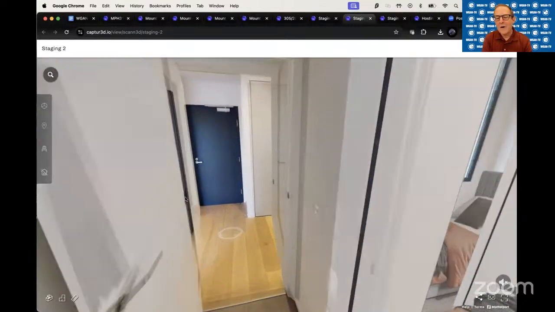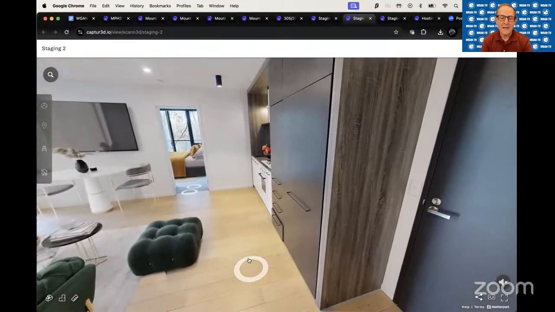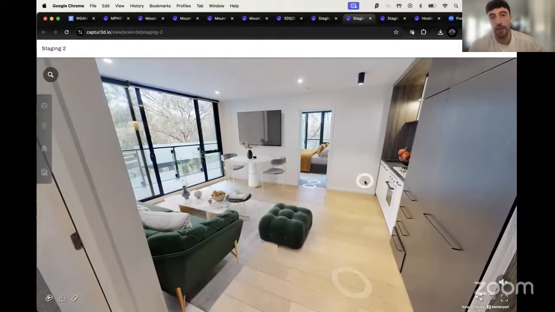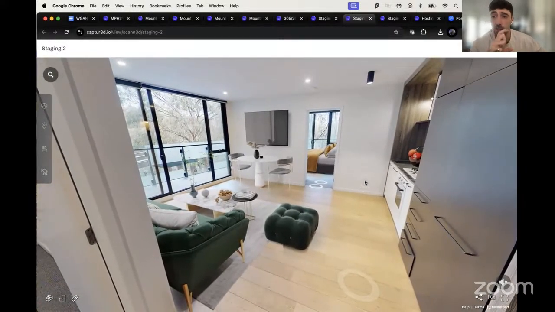So I want to order it. How long does it take to get it back? So it really depends on the size of the model. This will go off to one of our designers who will render in all of the furniture. And so usually a turnaround time of around 48 hours, let's say, on average. And yeah, at the moment, we haven't built this order form into the Captured dashboard, but you can get in touch with our support team or me directly, and I'm more than happy to guide you through that process and how that deliverable will work.